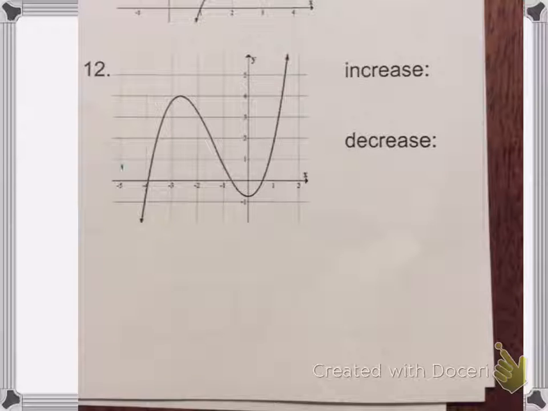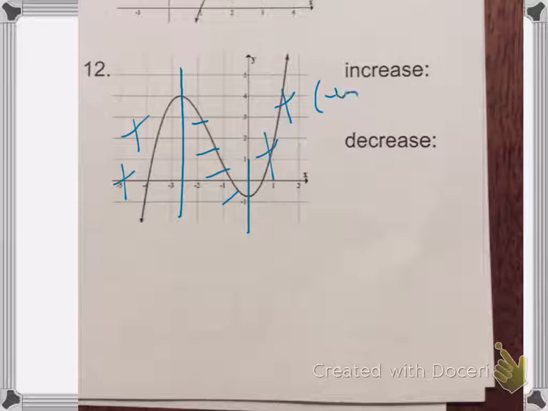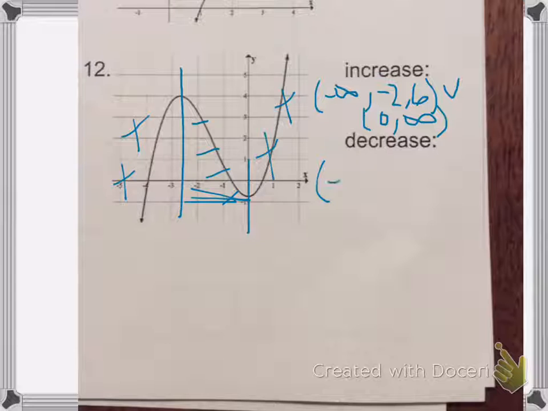Increase and decrease on this one: positive slope till you get to here, negative slope till you get to here, positive slope from there on out. So the interval of increase would be from -infinity to where we stopped, and it's kind of like -2.6 or something. Just kind of have to guess. That's my decimal point. It's kind of funky looking, 2.6. And then it starts back up again for positive slope at 0 and goes to infinity. The decrease would be between here, which is from -2.6